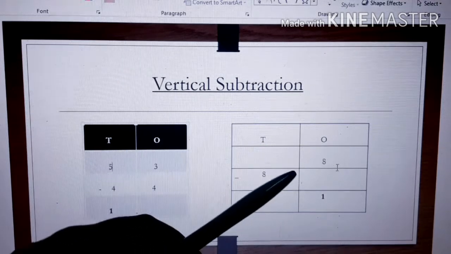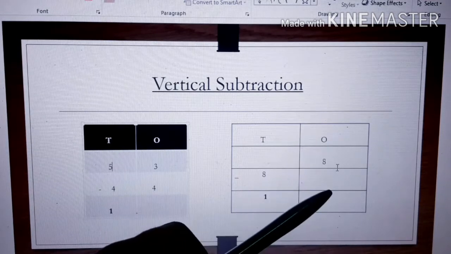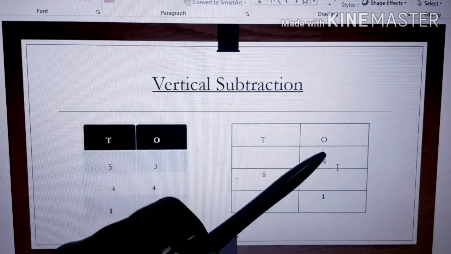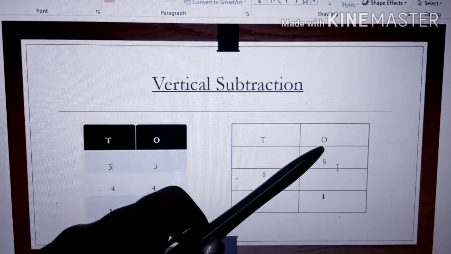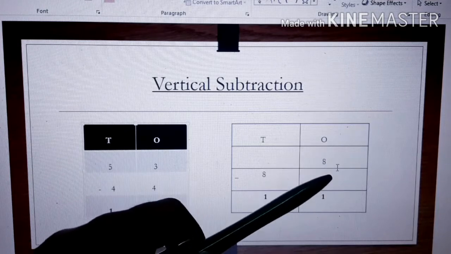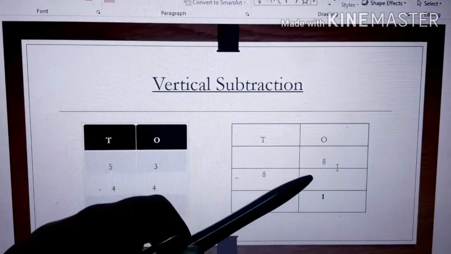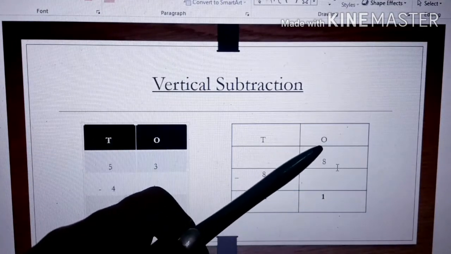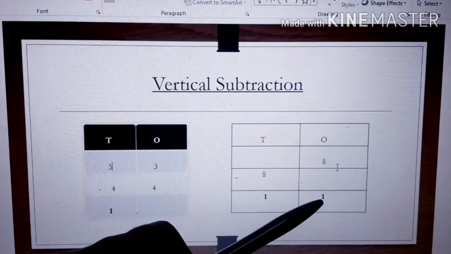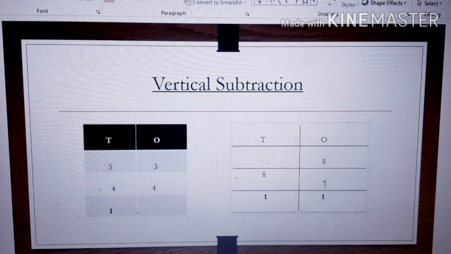Then comes your missing numbers. To find the missing numbers, how to find? Do you remember? You can see that here what is it? 1. Right? And you know that there is always a bigger number and the smaller number is arranged below the bigger number, right? So in this space what number comes? The smaller number. And to find the smaller number, children, we do subtraction of the digits which are in the ones place. 8 minus 1. 8 minus 1 is what? 7. So here it comes 7.